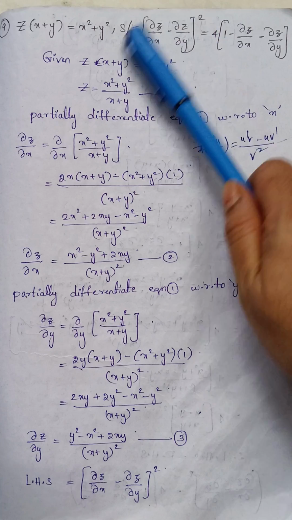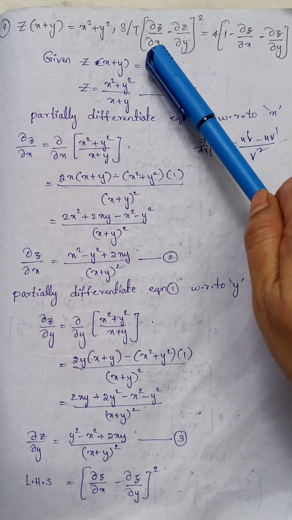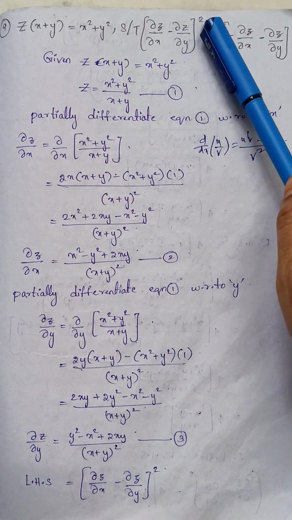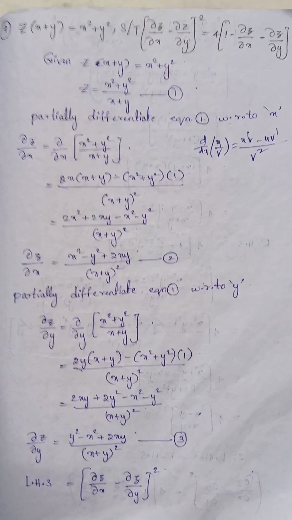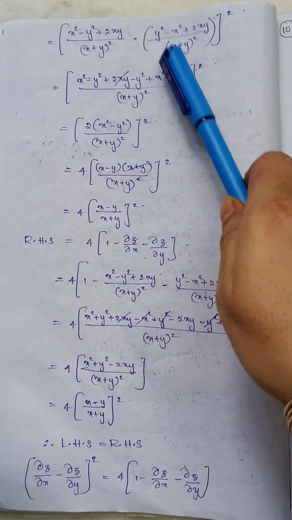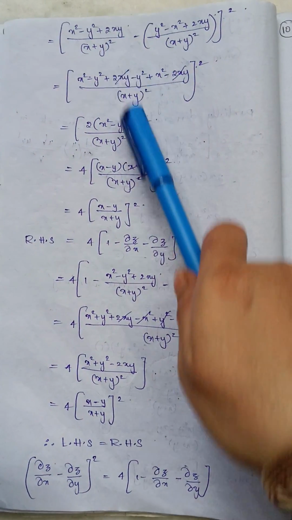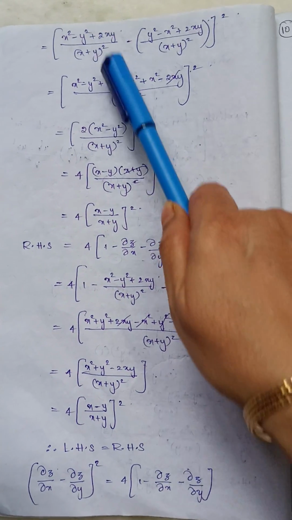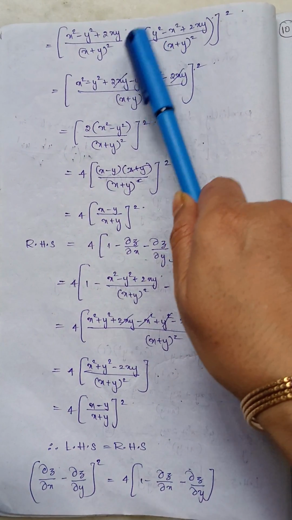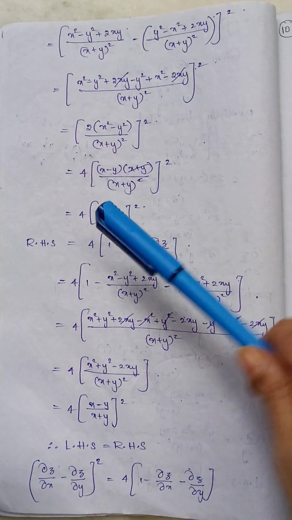For that, take the LHS part. What is LHS here? Dou z by dou x minus dou z by dou y whole square. So this minus this whole square we need to do. See here, after substitution, simplify this. Here the denominator is the same, so take LCM. So x square minus y square plus 2xy minus of this: minus y square plus x square minus 2xy, and